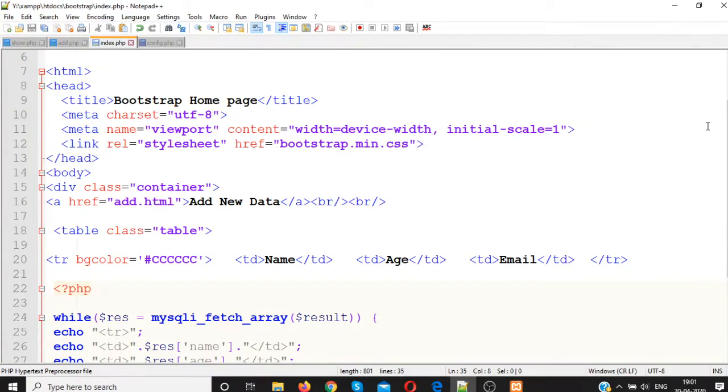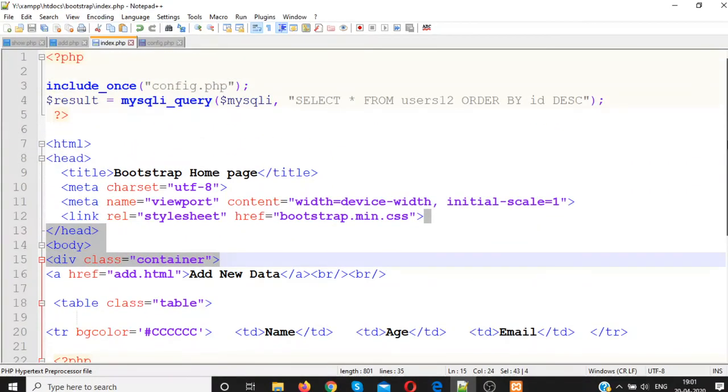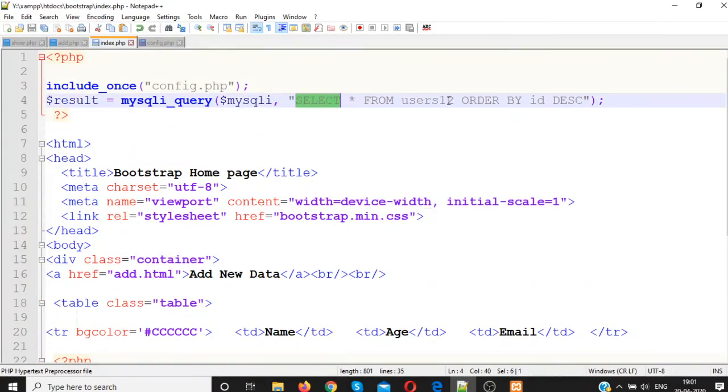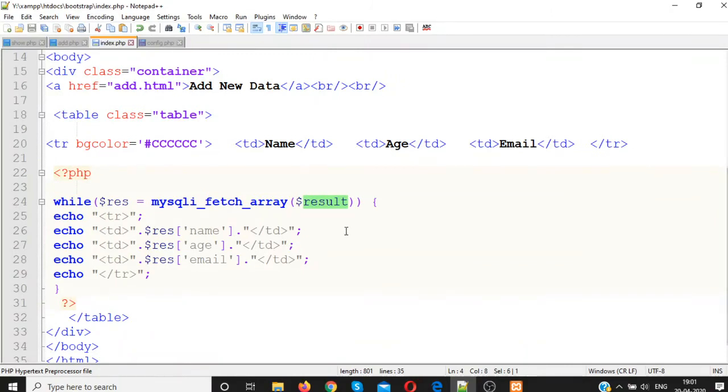Here is the select star from users order by id descending. So we are fetching the data, storing it into result, and displaying the data.